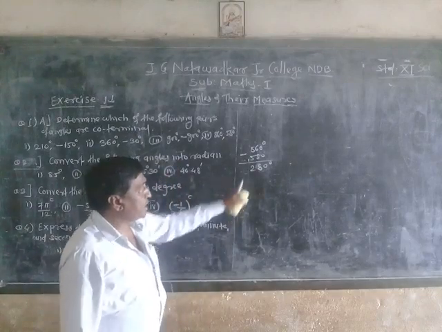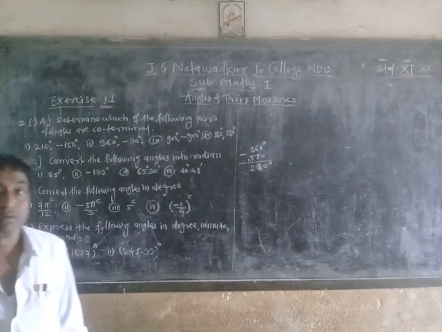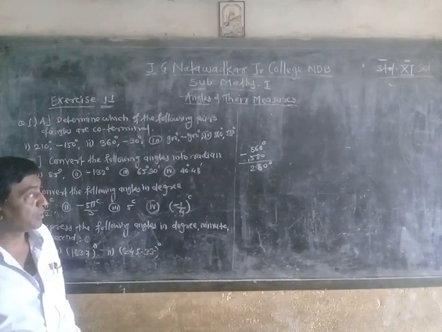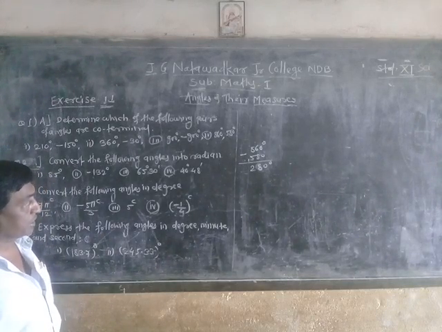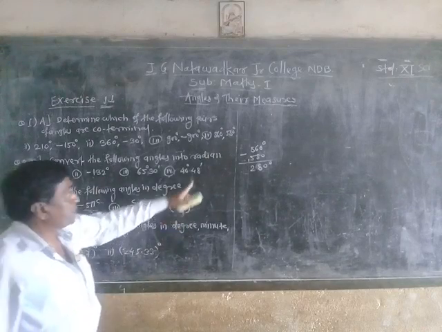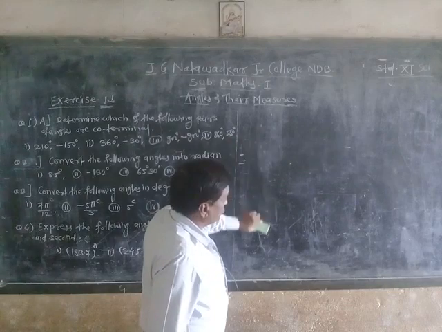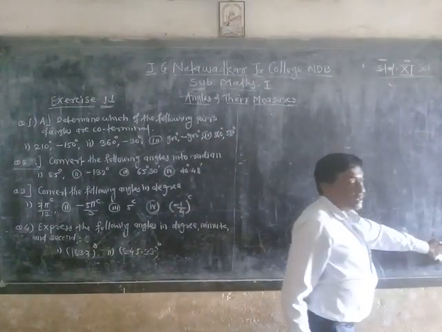And so 280 degree is not a positive integral multiple of 360 degree, otherwise it would be. And so that's why this pair of given angles is not a pair of co-terminal angles. So like this we can solve it orally also, by the board method, other than the descriptive method also.